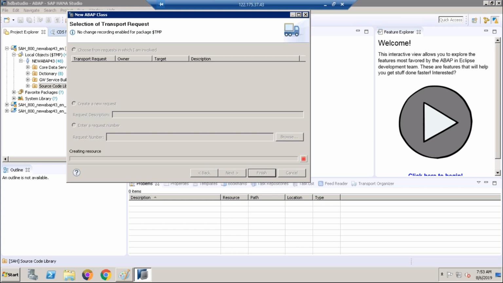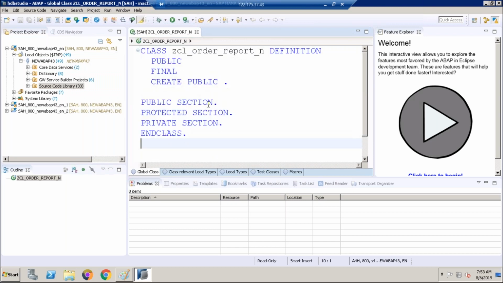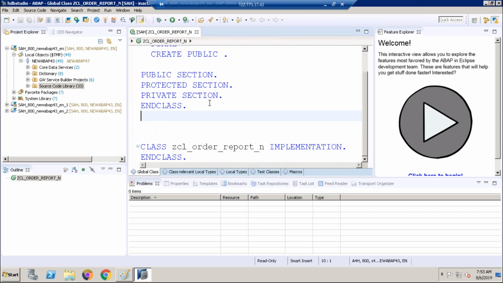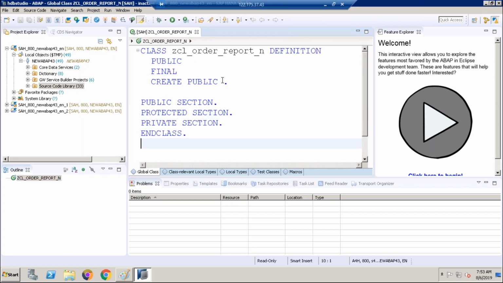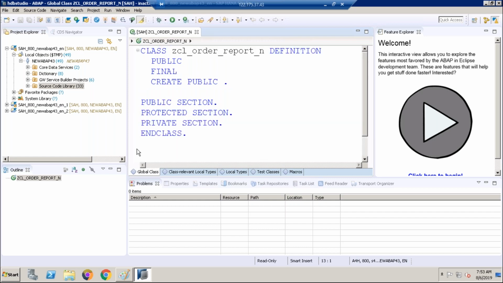Select the finish button, see, the buttons are at the bottom. Now this is a local class, an ordinary class. Whatever class is created by default is a normal class. It's not an AMDP class, guys. See, this is an ordinary class. Whatever basics I have discussed up to now, you can find here. All the sections are automatically there: the class definition section, the class implementation section, and the class is closed with ENDCLASS. Within that, we need to write the code now.